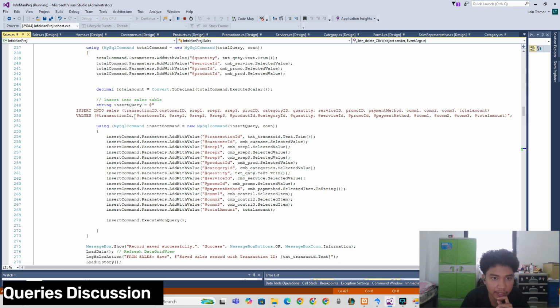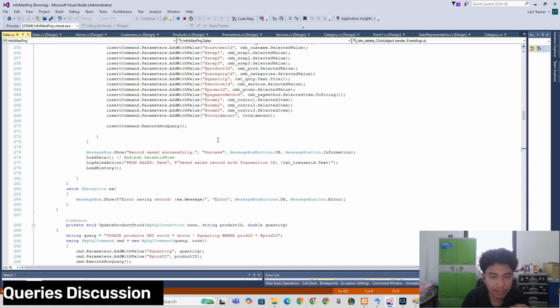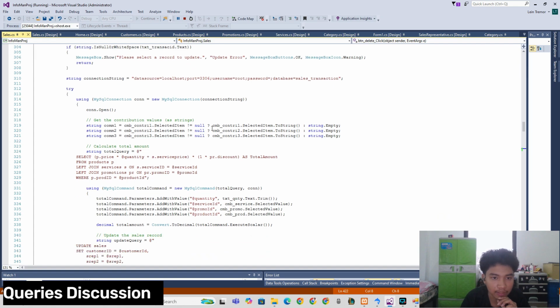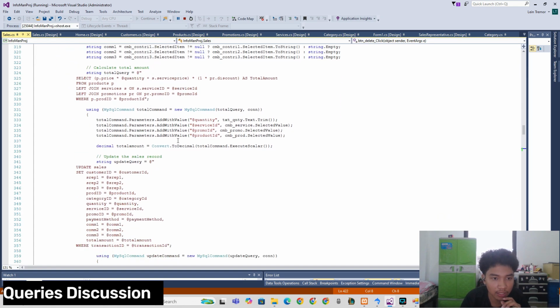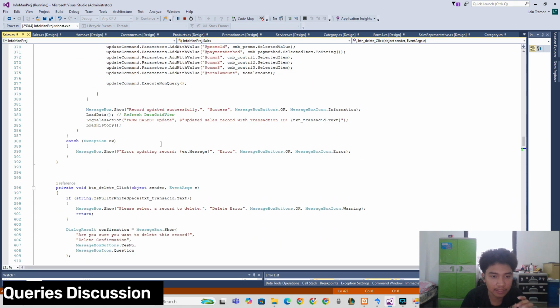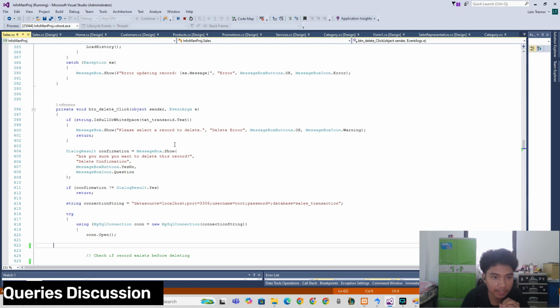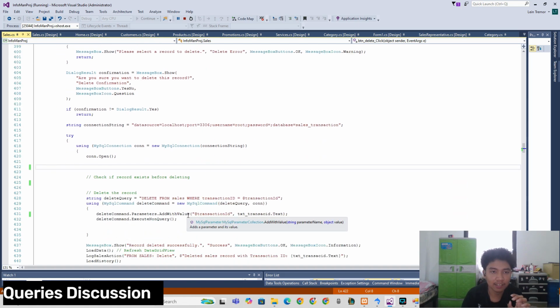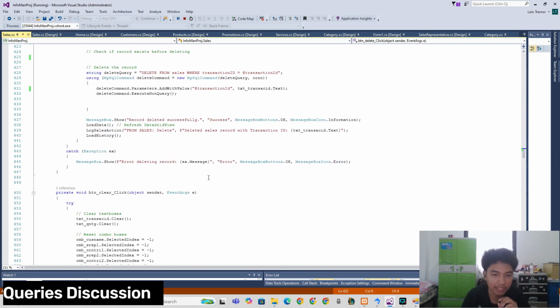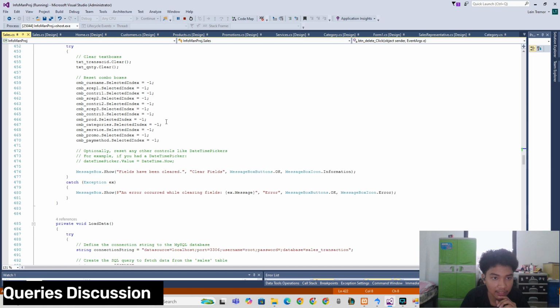So here is the insertion of values from our text boxes, so that it will be saved on our table. And here is the update button, which has the same structure. It also updates the data and values in the tables. And here is the delete, where we select the transaction ID, which is the primary key, which holds all of the information. And when it is deleted, the entire row will also be deleted. Then next, the clear button, of course.